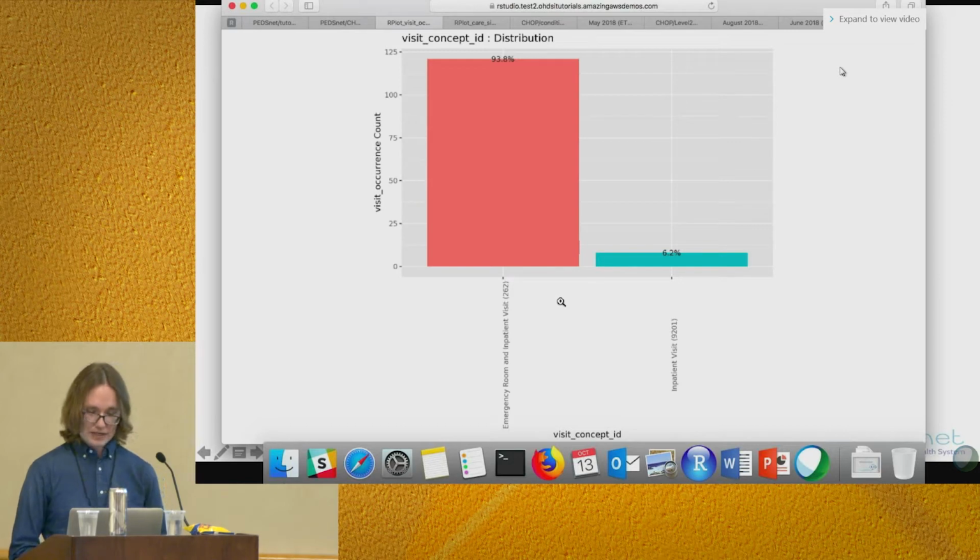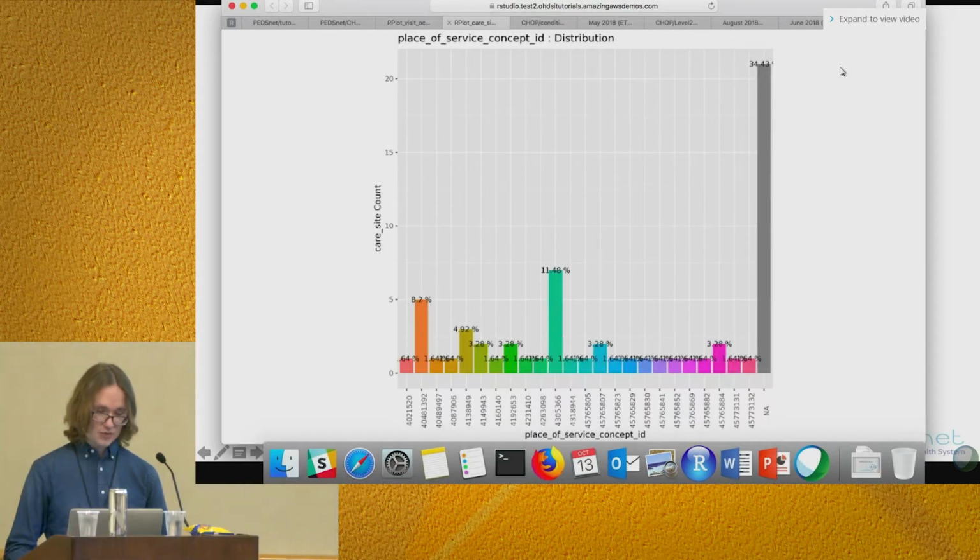So inpatient, emergency room visits. If there's any outpatient visits, that would be included here as well. Another example is the distribution of care sites. So there's a bunch of plots that are being generated. However,